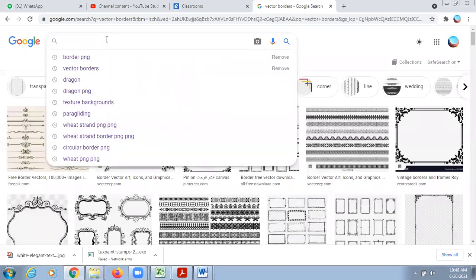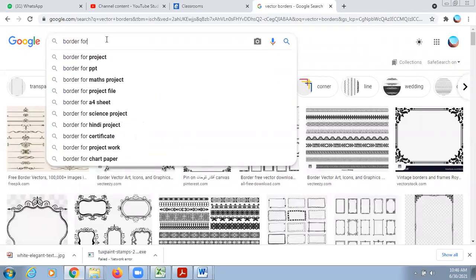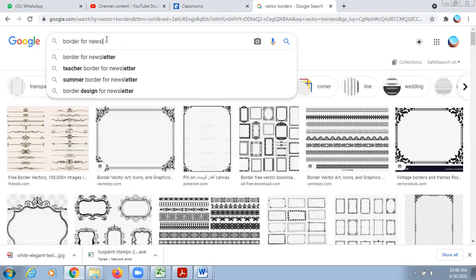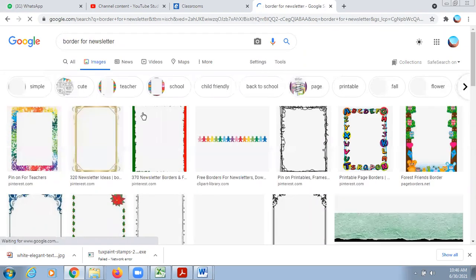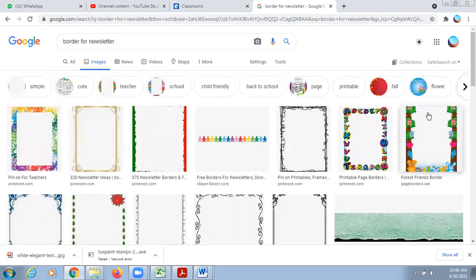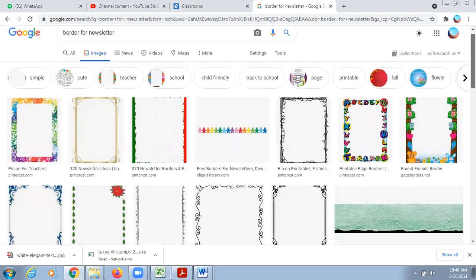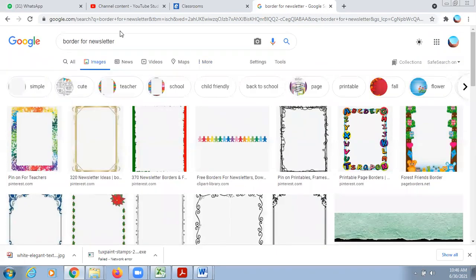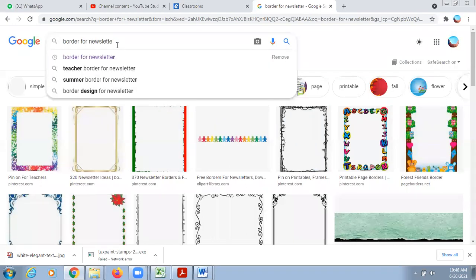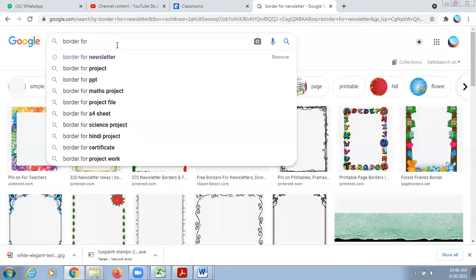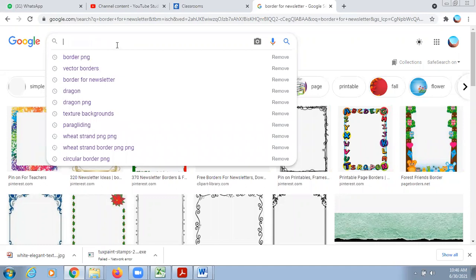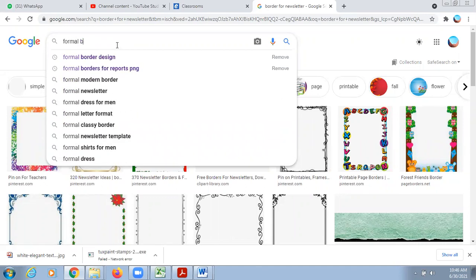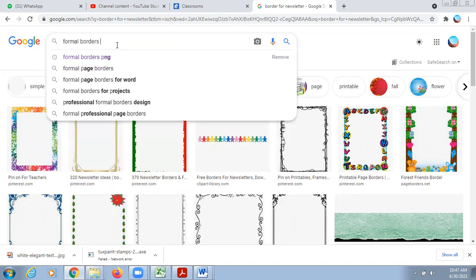Let's write border for newsletter. No, borders for formal borders, formal borders, PNG.